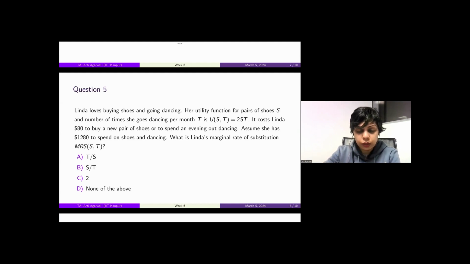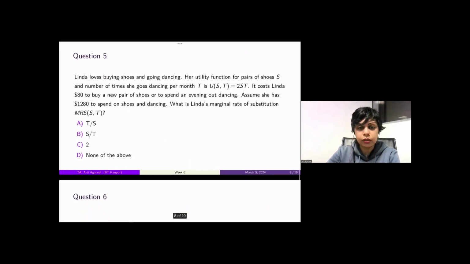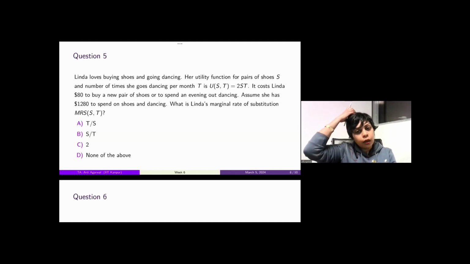another question of a similar type. In this, the utility function is given to us without any exponent power, so that makes our lives a bit easier. So you have a consumer, Linda, who loves buying shoes and going dancing. So her utility function for pairs of shoes, which is S, and number of times she goes dancing per month, T, is U(S, T) equals 2ST. Then you're given the price of one pair of shoes and one evening of dancing, which is the same, right? The price is the same. Assume she has $1280 to spend on shoes and dancing. So what is, first of all,